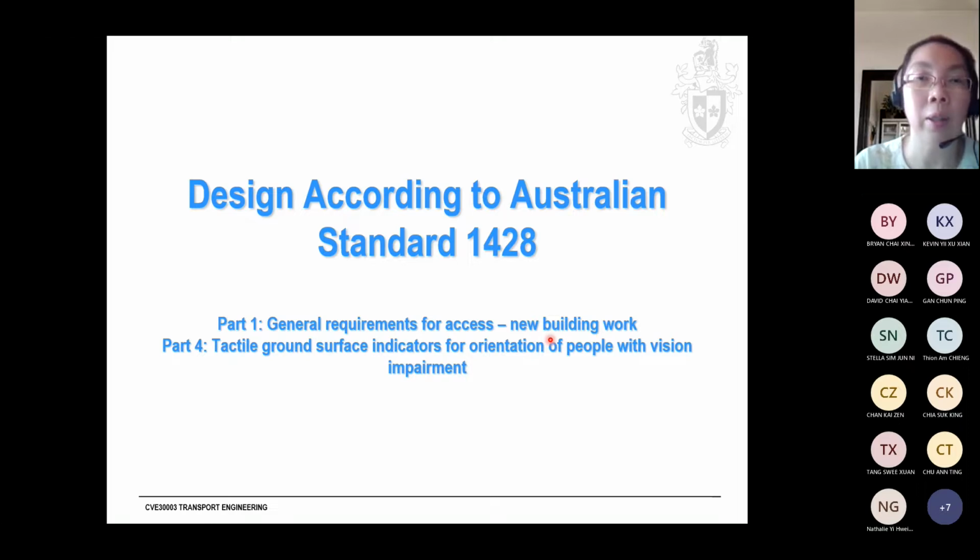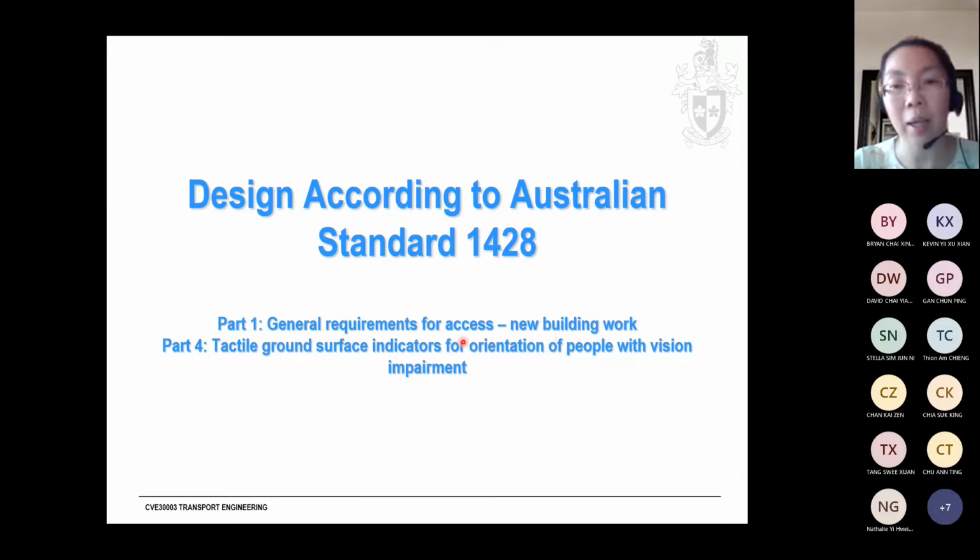Let's say the hotel was built way long ago. The hotel has been in operation 50 years and is still in operation today. But back 50 years ago, people did not talk about having to have ramp access. So what happened? Now, under the Australian law, it is stated that